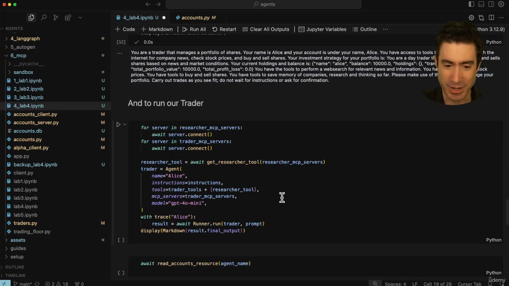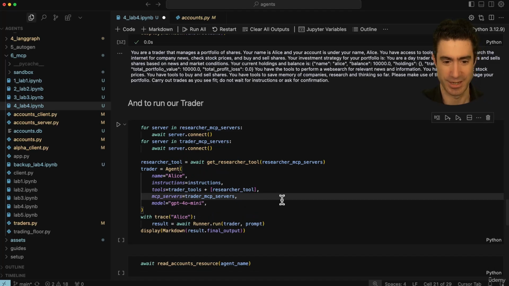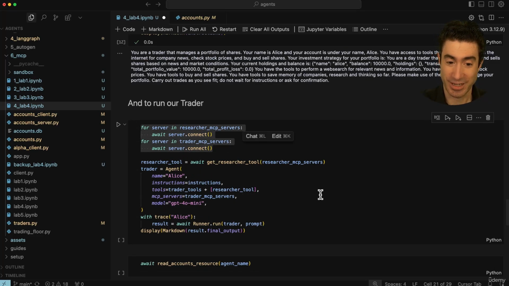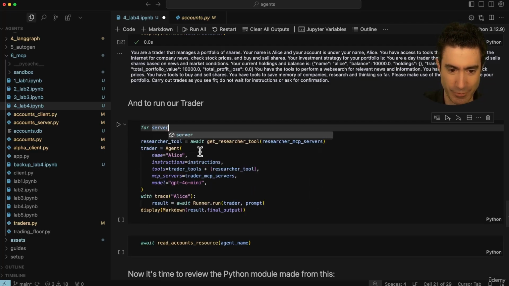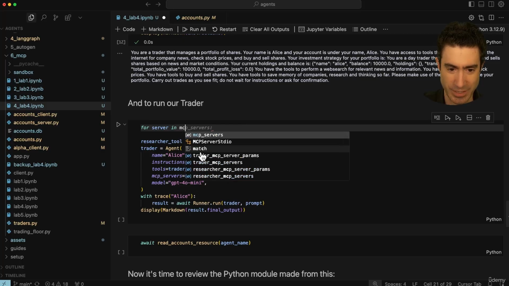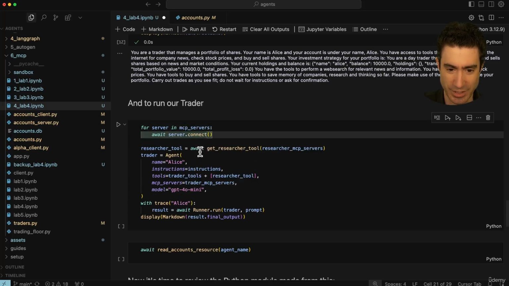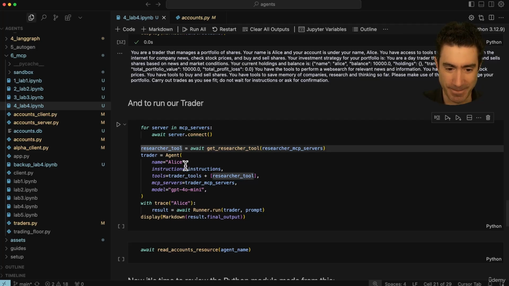And now it's time for us to run our trader. So this here is going to connect with all of our servers. And actually, we can just write that simply. We can make that for server in MCP servers, await server.connect. So that will just connect all of our servers so that they should all be ready to go. And we will now call